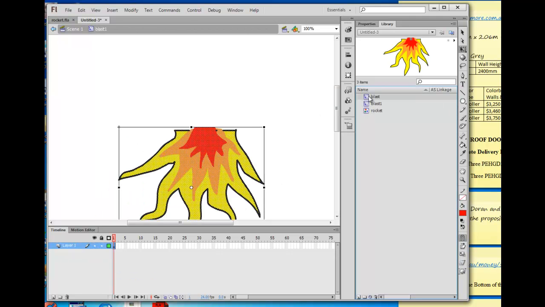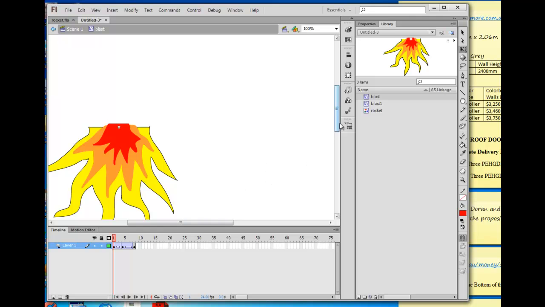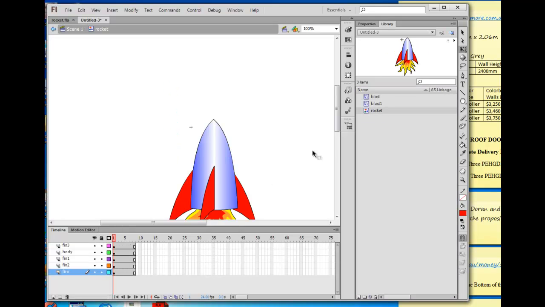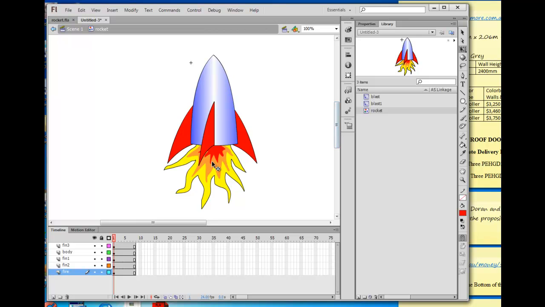That's not correct. Oh, it's blast, not blast 1. You silly man. Okay, go back to my rocket, double click on it, delete that, put in blast, which is